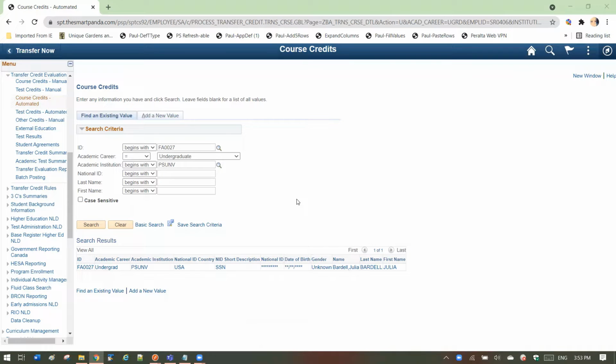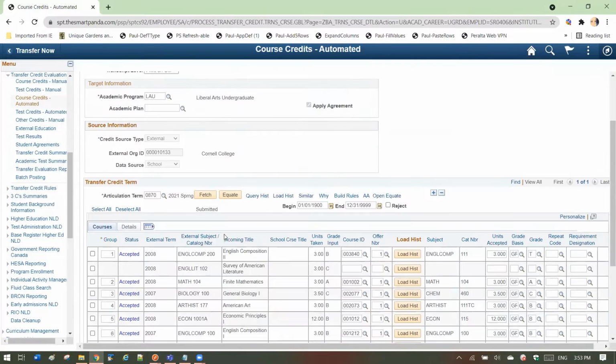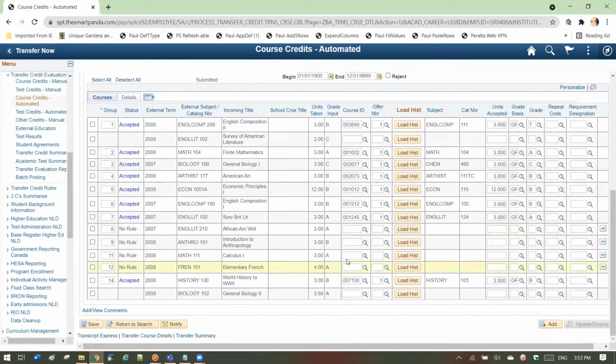This video is to demonstrate a new feature of RuleMaker. When you go into Course Credits Automated, you're looking at transfer credit for Julia from Cornell College. You can see that sometimes you'll get no rule found, and you need to determine what course to grant credit